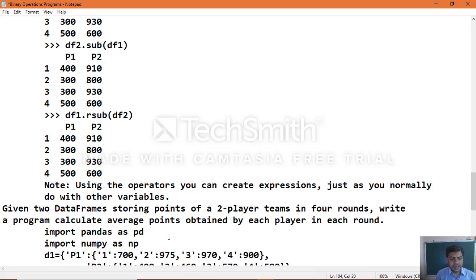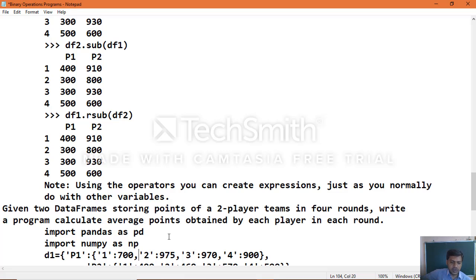Given two data frames storing points of two-player teams in 4 rounds, write a program to calculate the average points obtained by each player in each round.